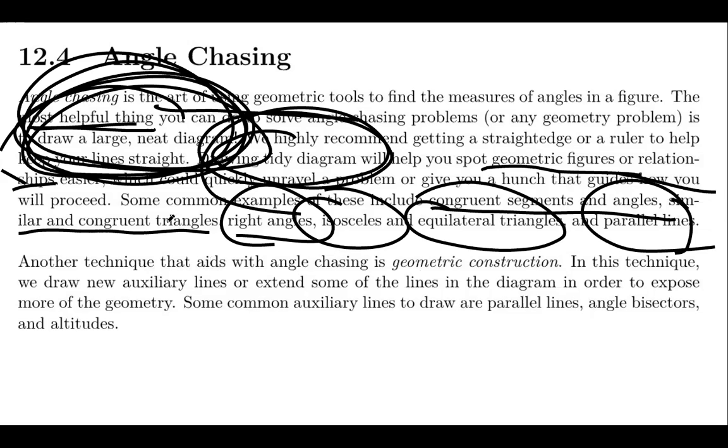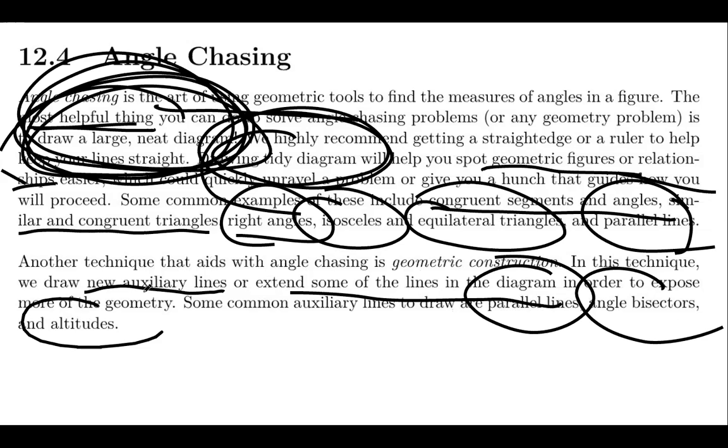With this technique, we draw new auxiliary lines, or we can extend some of the lines in the diagram to expose more geometry. So some lines you might want to try drawing are parallel lines, angle bisectors, altitudes, or whatever you think might help. So we'll demonstrate with